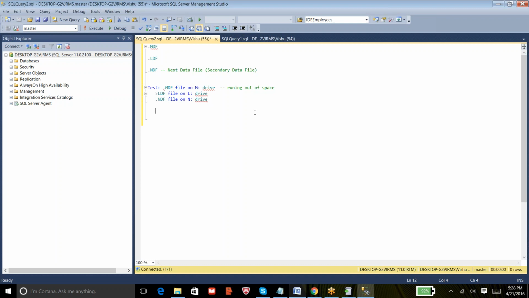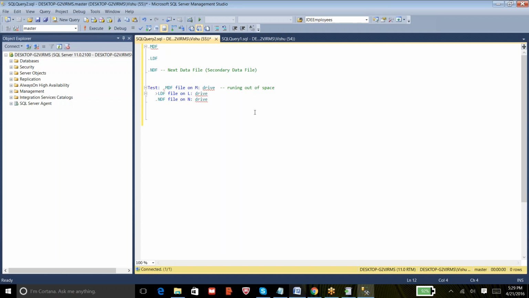It is with the help of alerts that are configured to trigger an email to the DBA team in case of low disk space. If you have 1 or 2 servers to work on, then probably every day when you log on to the server, we check the space on the drives. But if you are managing hundreds of servers in your organization, then we need to have monitoring tools.